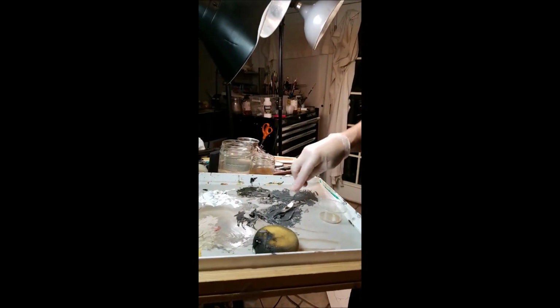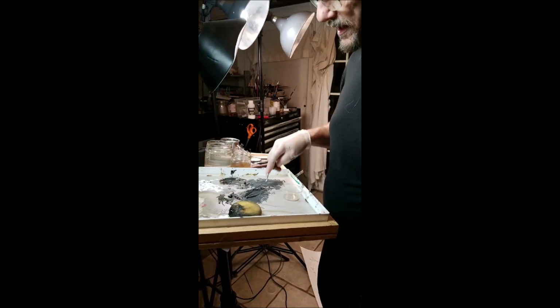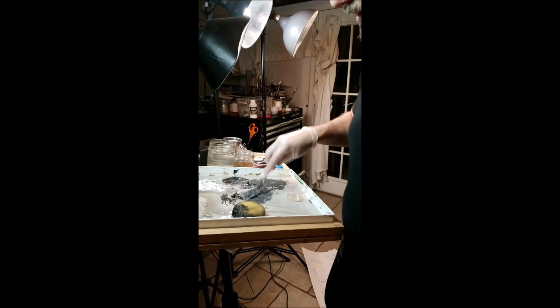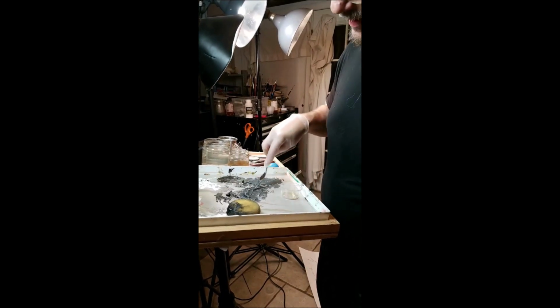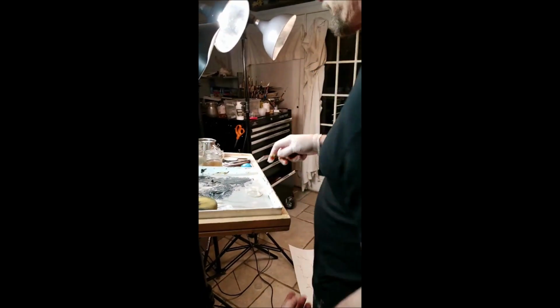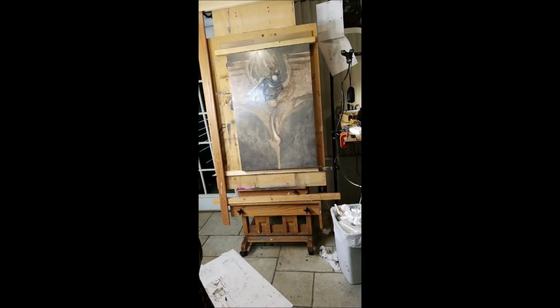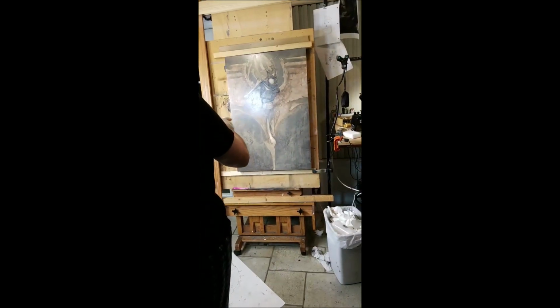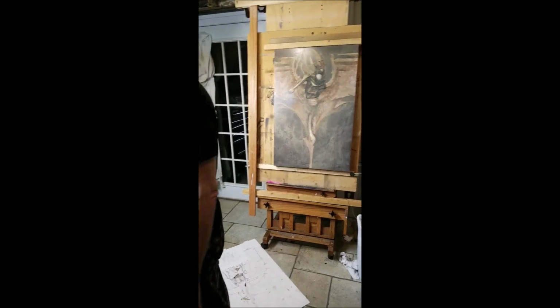So this is basically just a warm gray. It's actually mostly umber and just a little bit of black and with a little bit of white. Both of those things thrown in to change the temperature and gray it out more. Because it looks very brown. It is, yeah. But I guess most of the brown from this is from the acrylic underpainting, because most of what I'm painting on top of it has been, I probably just got...